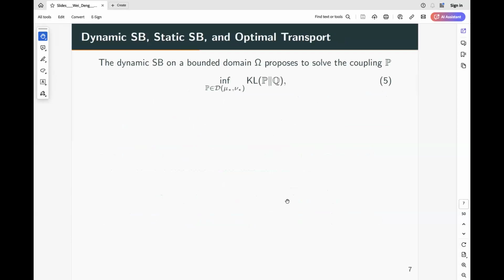And for a deeper understanding of Schrödinger bridge, we can connect the Schrödinger bridge with optimal transport. So basically, the dynamic Schrödinger bridge on bounded domain omega proposed to solve the optimal coupling in the class of path measures, where the beginning of the measure is mu star, the ending of the measure is nu star. Q tilde is a prior measure, and it's often caused by, for example, the reflected Brownian motion or the reflected OU